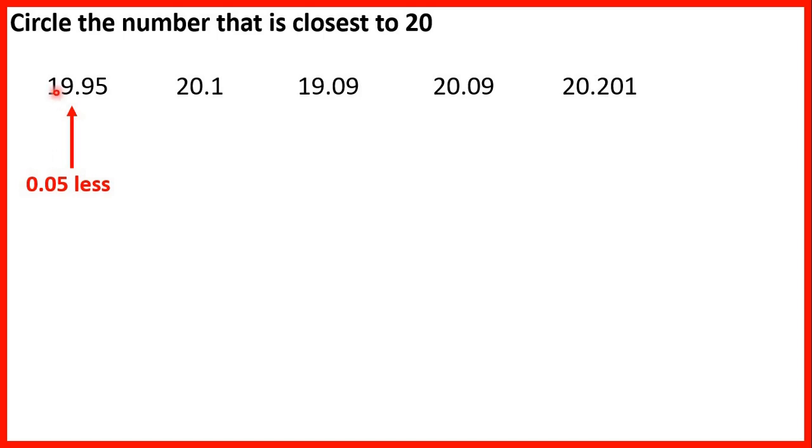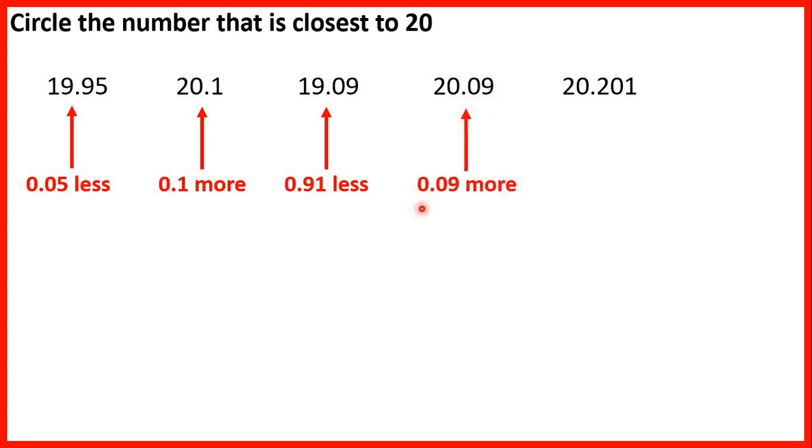Or if we added 19.95 and 0.05, we would get 20.00, so that's 20. Now 20.1 is 0.1 more than 20. 19.09 is 0.91 less, because 9 and 91 make 100, so 9 hundredths and 91 hundredths make one extra whole, so 19 becomes 20. 20.09 is 0.09 more than 20, and 20.201 is